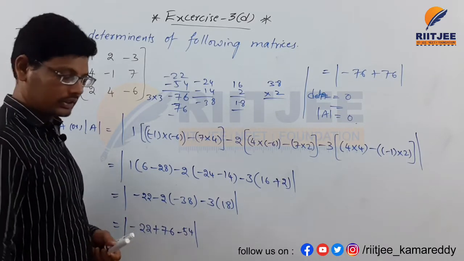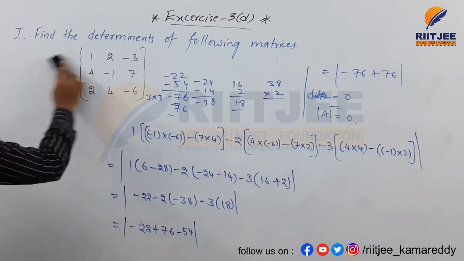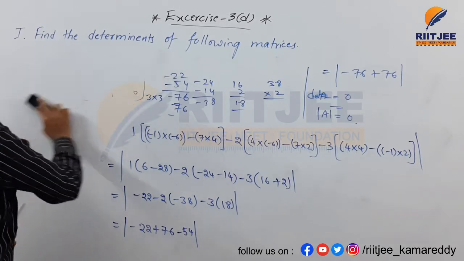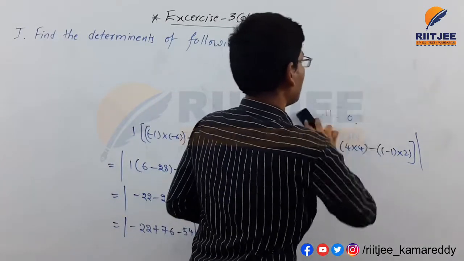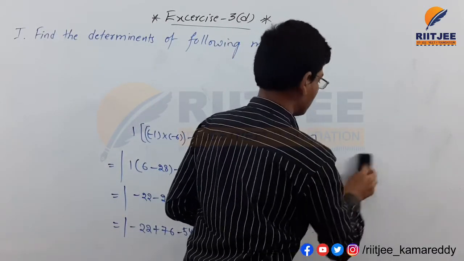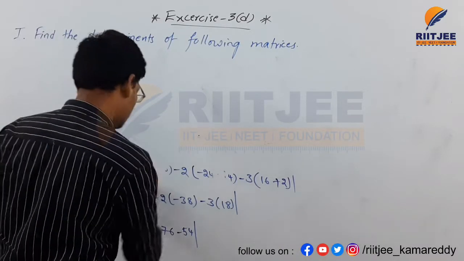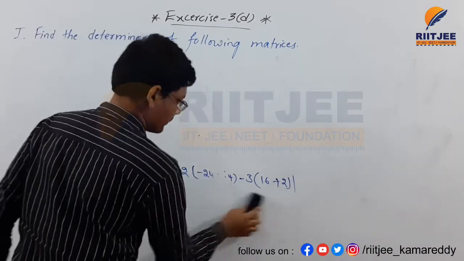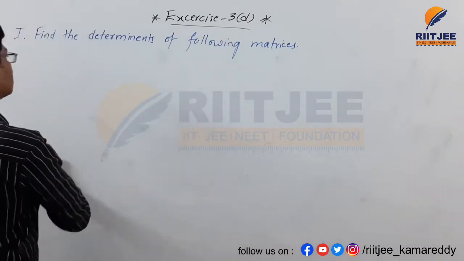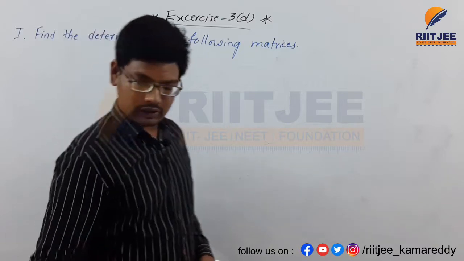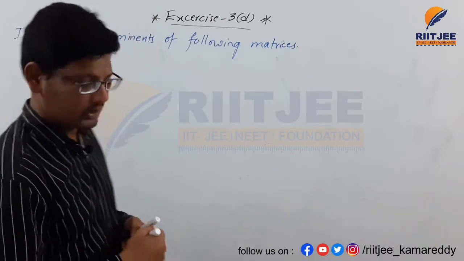And the 9th question, I am solving alternately here, and the even number questions 2, 4, 6, 8, 10 you can solve on your own by using the same concept of determinant. The 7th question is completed, and the 9th question is ABC, BCA,